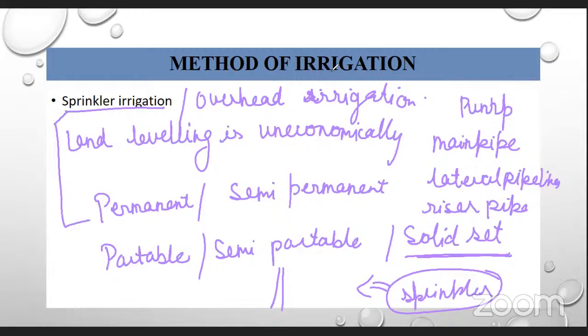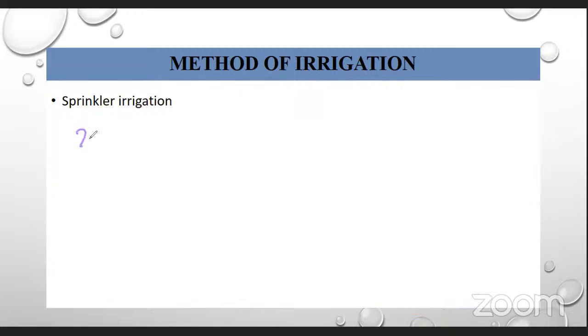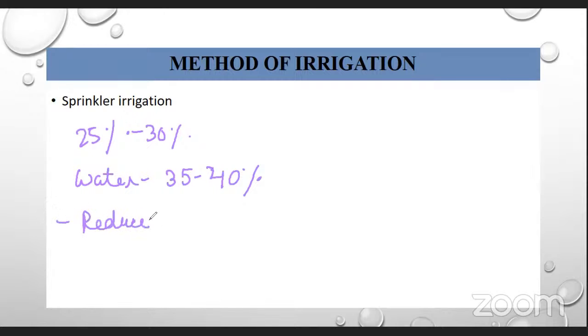And in this sprinkler irrigation, one more important thing is that it usually saves 25 to 30% water for different crops. And in comparison to surface irrigation, it usually saves 35 to 40% of water. And it also reduces erosion. These are the merits of sprinkler irrigation. And there is also saving in fertilizers. Okay,